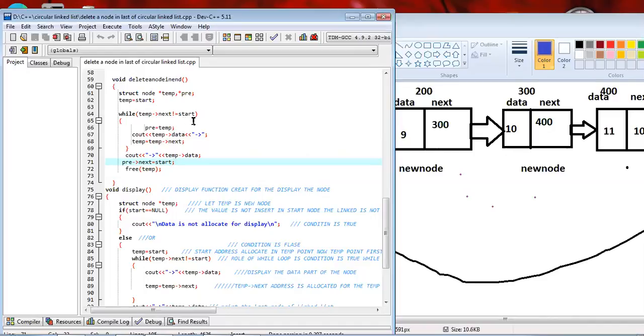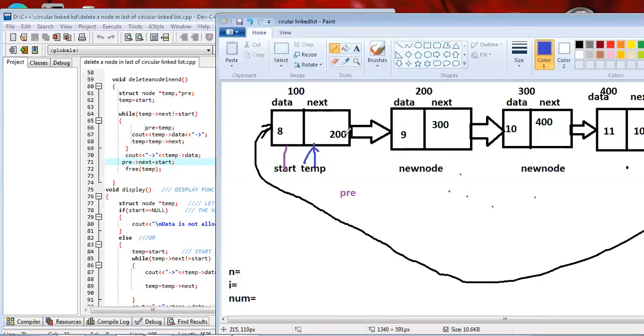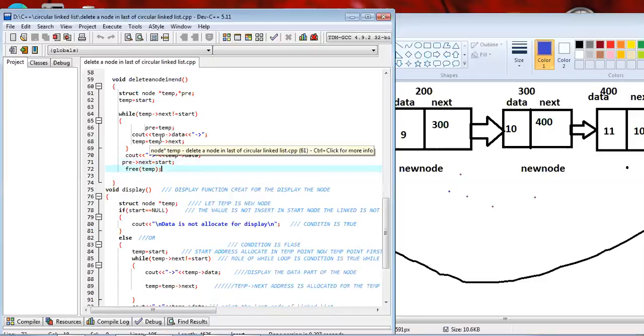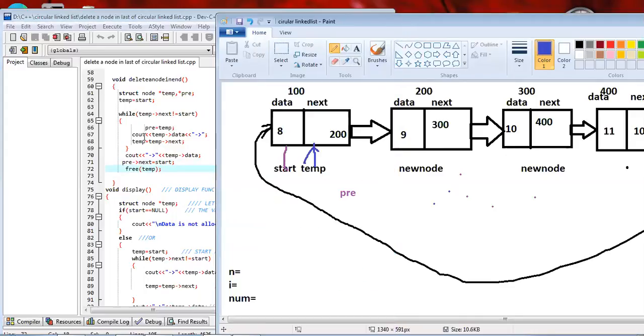While temp next is not equal to start, the loop executes again. When both values are the same, the loop is terminated. Then pre equal to temp, meaning the address of temp is allocated in pre, pre points to this node.